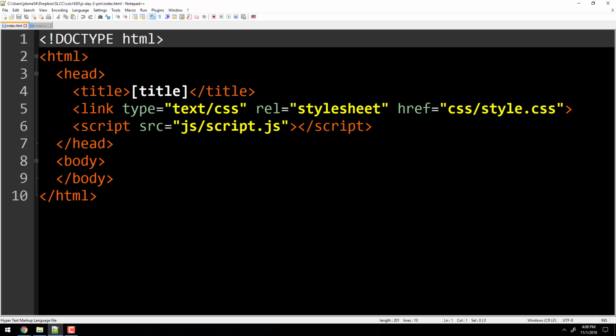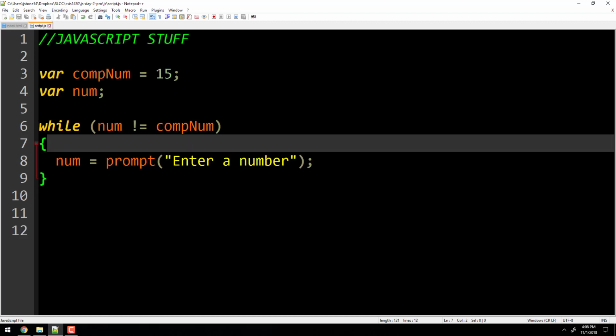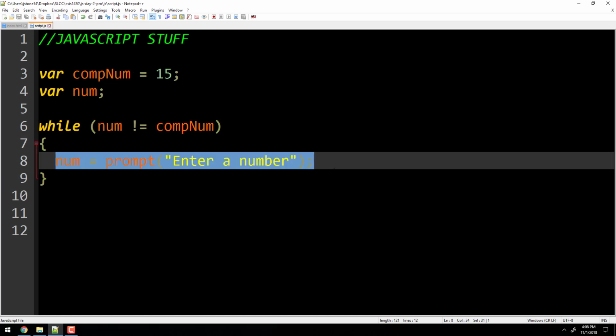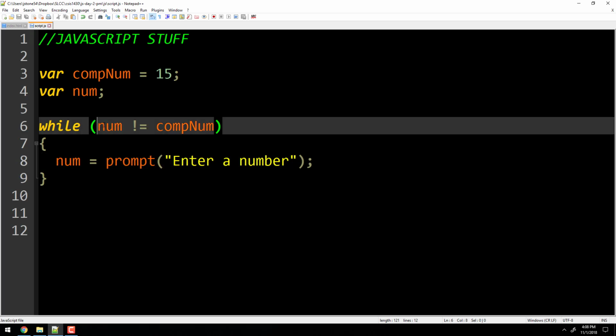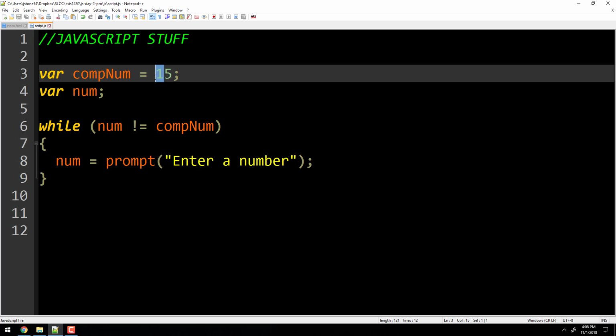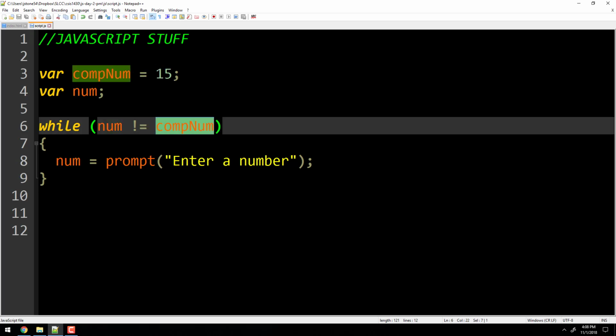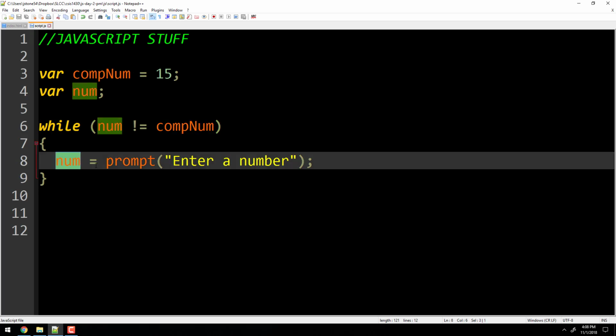So let's analyze that code for a second, okay? While this number does not match this number, do this. It's that simple, okay? That's all there is to it. While num is not equal to this. So this number happens to be 15. So while the number that is entered is not equal to 15,